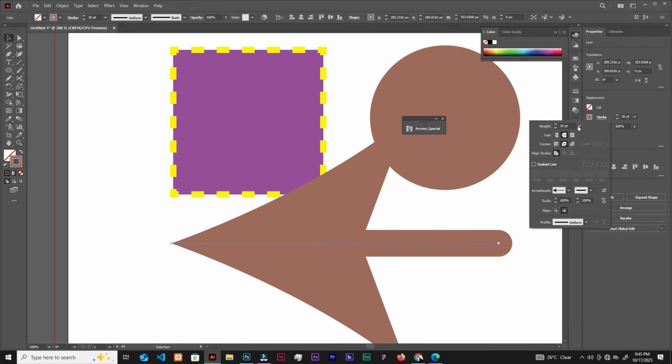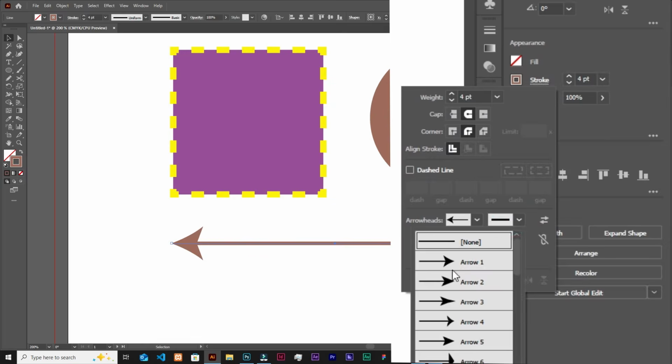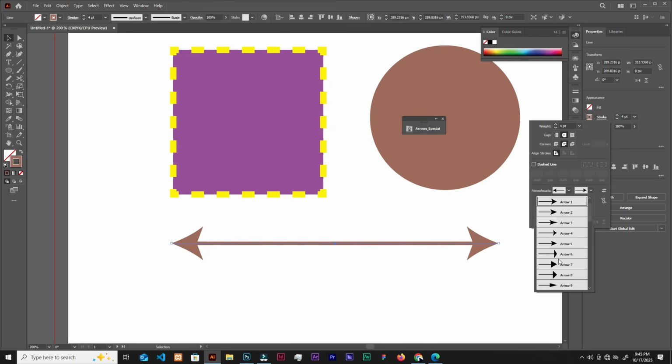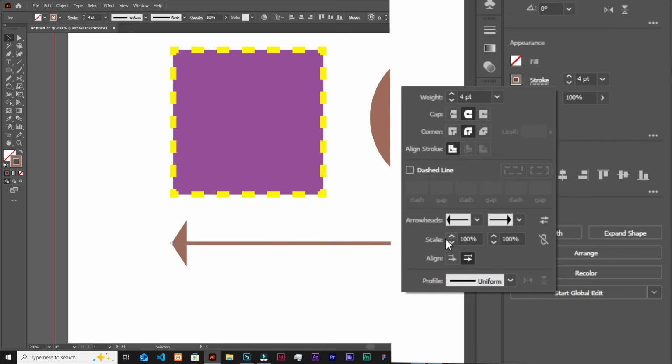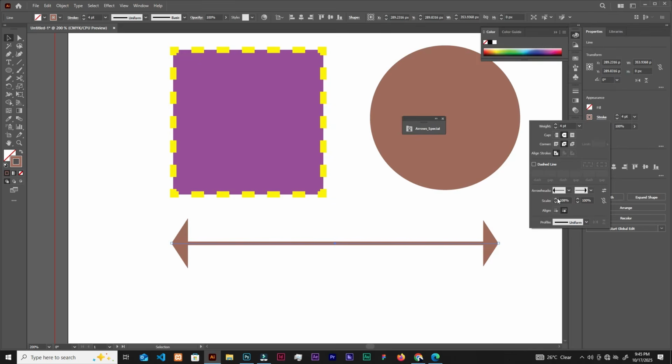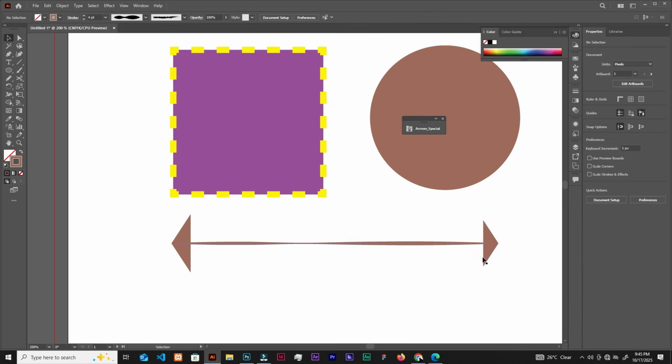like that. The stroke size is big, so let's reduce it. So let's say 4. You can have an arrowhead at one ending, and over here too you can end it with an arrow or a different arrow, just like that. These are the arrowheads. Okay, and scale, what does the scale do? Okay, so it scales the arrowheads. Anyways, so you can increase the scale, okay, or decrease one arrowhead. Okay, this is the profile. I've talked about the profile. Okay, all right, so that is that about the stroke